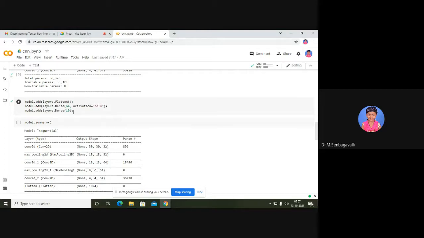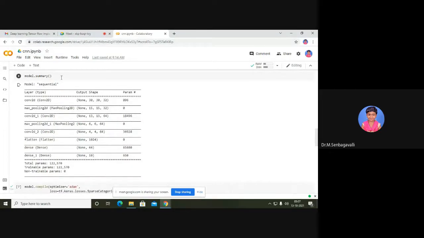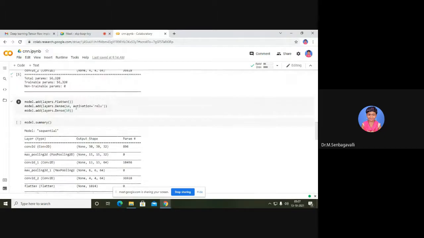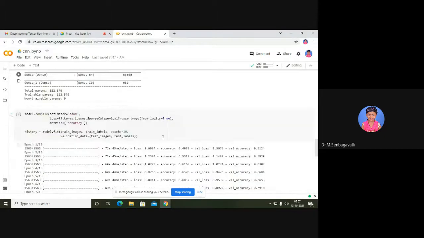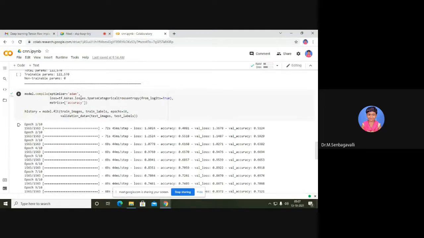With the help of this layer it will be providing the output, but with the activation, with the help of an activation function only. That you please consider. Okay. And apart from that, we have a summary you can get once you include that dense layer. I'll compile and show you. And once you have done the model, you can go for evaluating the model. That you can do with the help of this code.